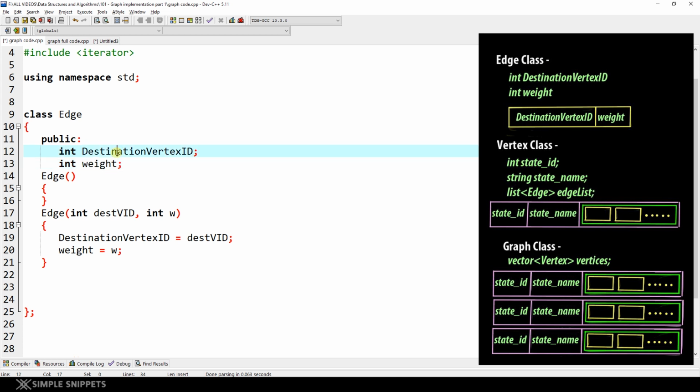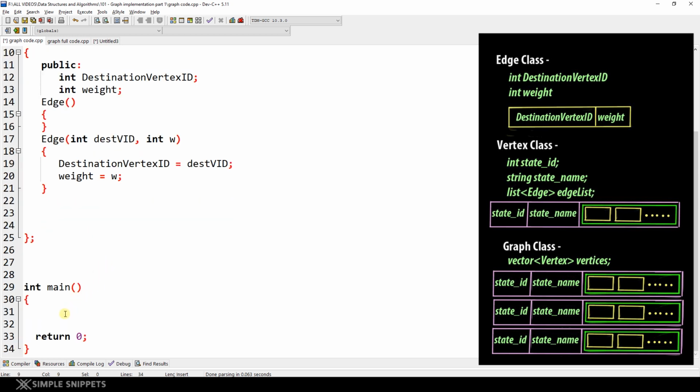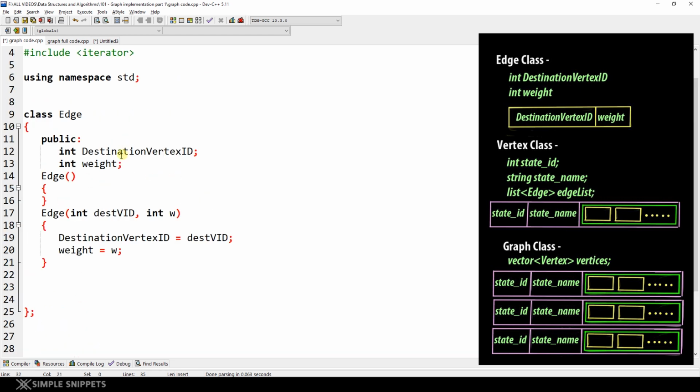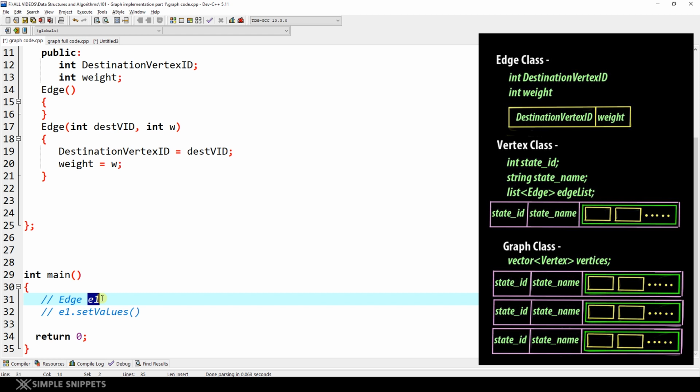So when you create an object, let's say edge e1 in the main function, let me just show it to you. If you create edge e1, you can say e1.setValues. So setValues will set the values of destination vertex and weight for this object.